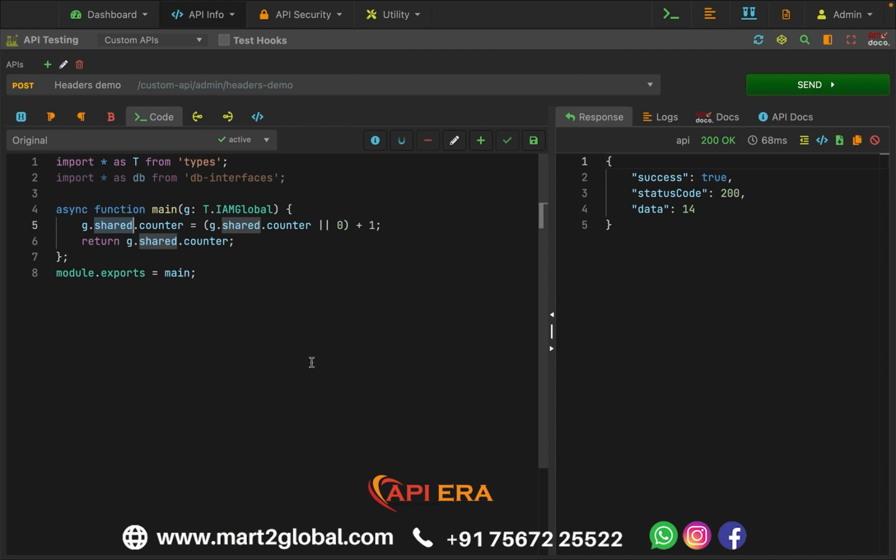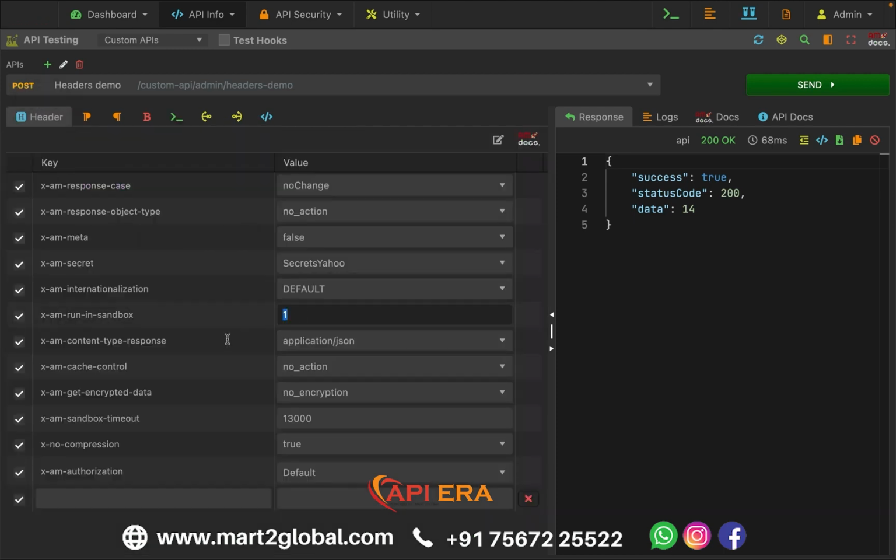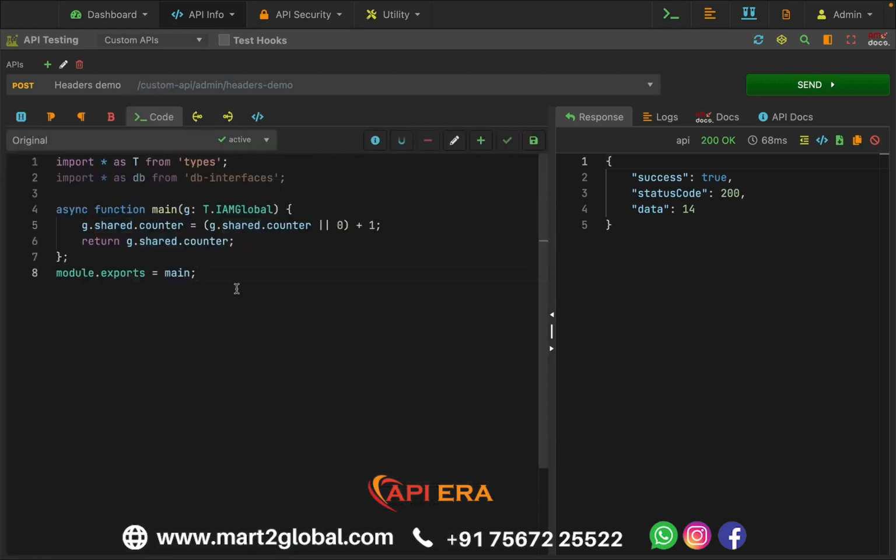So if I keep the value of this header to 0, it will take 2 minutes in the first 4 requests, because I have one server and 4 sandboxes. To initialize that, it will take 2 minutes, 2 minutes, 2 minutes and 2 minutes in all 4 sandboxes. But if I set the value to 1, then the first time it will take 2 minutes, and after that the instance is ready. On my next request, it will just convert my URL to PDF and return it immediately. So you can manage this value based on your business requirement, but the concept is that it will run